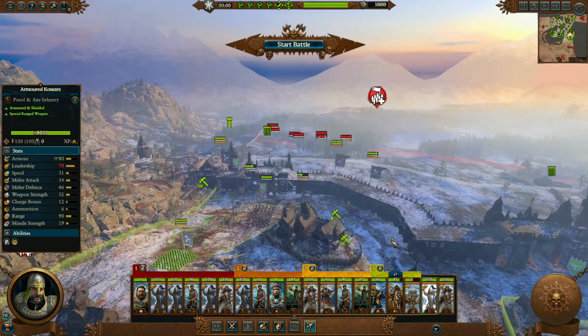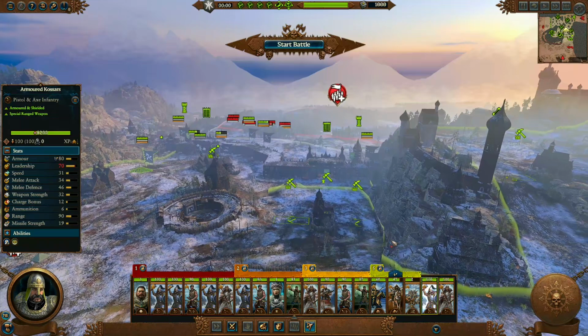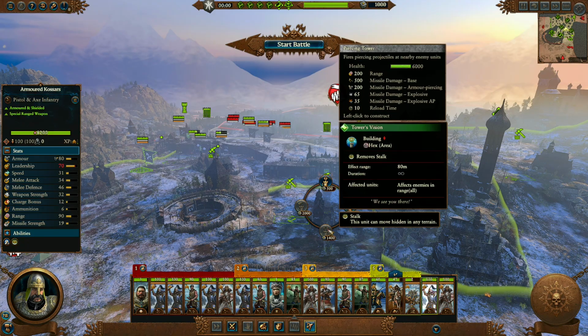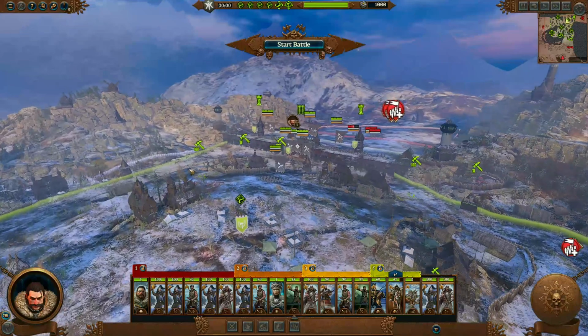Okay, and then towers. We've got 1,000 supplies right now. Towers, we'll go with the arrow towers probably. Or no, we'll go with the piercing towers maybe. Let's plan on...